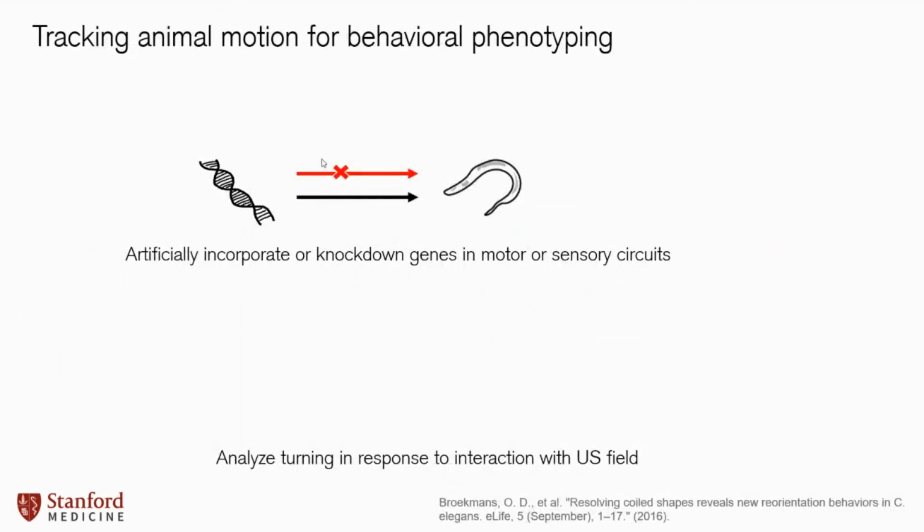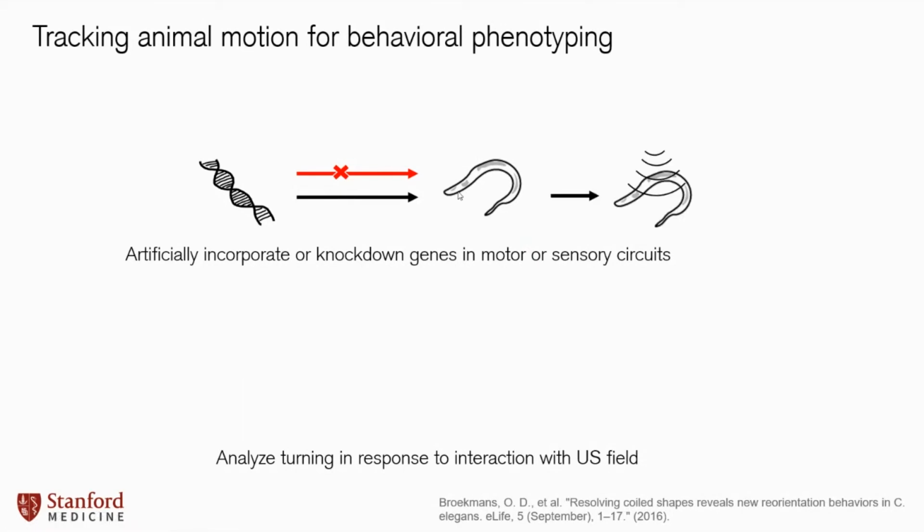But let's start with a little bit of examples of why on earth would I use C. elegans to do ultrasound neuromodulation research? And the power of this tool really comes in the genetics. So I don't know if anyone knows this, but you can actually feed these little worms RNA just by simply dumping solution into their little bath that they're in. And by feeding them RNA or different DNA plasmids, you can edit their genome purely through their sort of consumption of these things. So it's really easy to manipulate the genes in C. elegans.